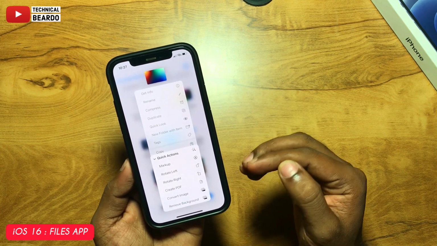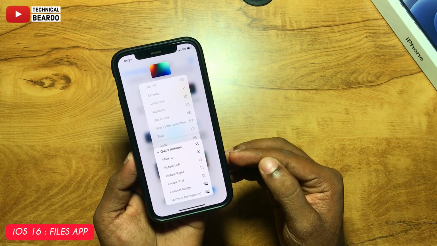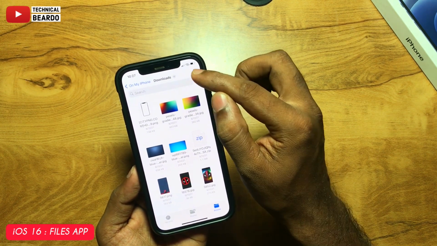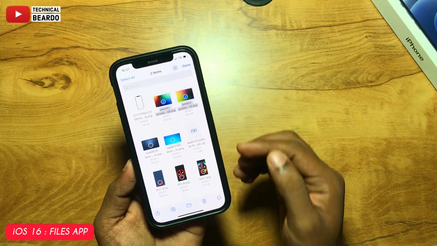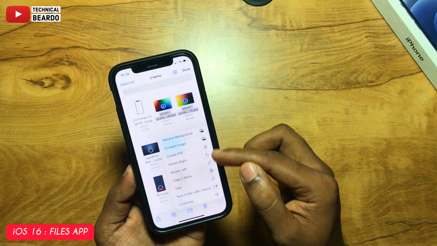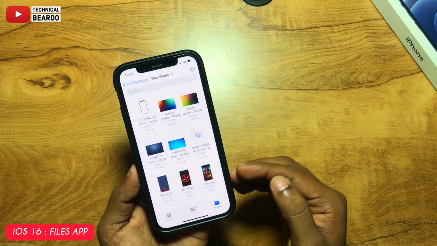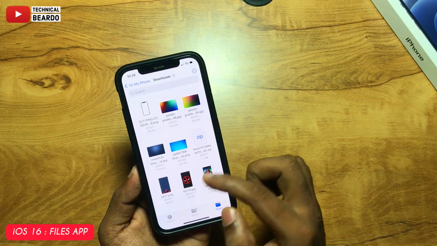So there is a new feature added like quick action. In that you can choose multiple options regarding the images. Earlier it was available, not all of it, but for that you needed to open the file, go into edit mode and then access the features. But here they are available right with just a hard press or a tap in the main folder only.